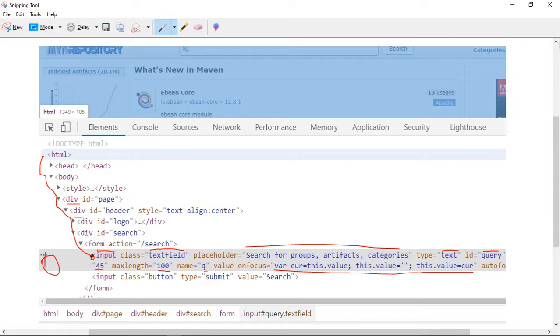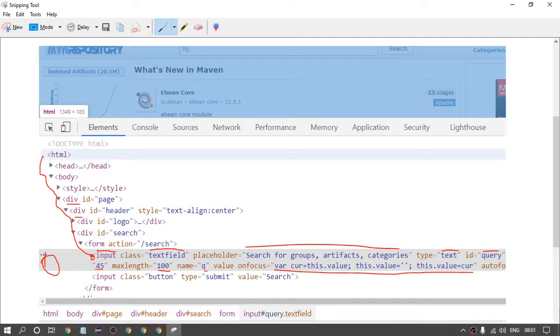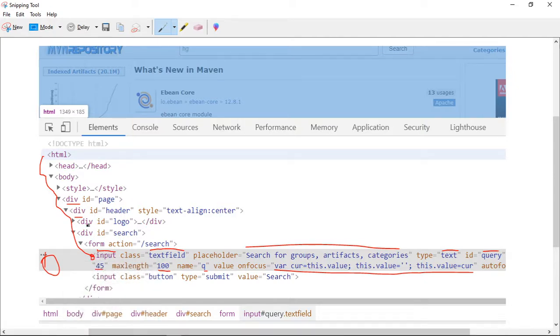Otherwise, we use the relative XPath because it is easier to write, and we are not depending on the parent node, so our XPath is not going to fail. This is the reason we have both absolute and relative. Is it clear to everyone? Sumit, can you please repeat? I am somewhat confused.